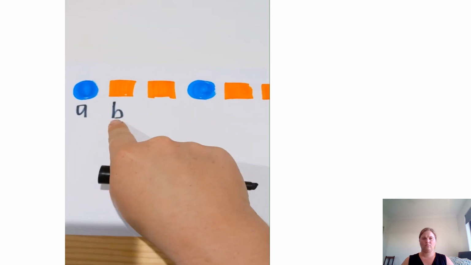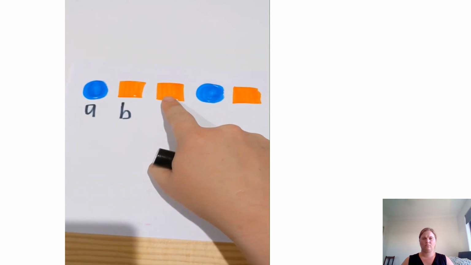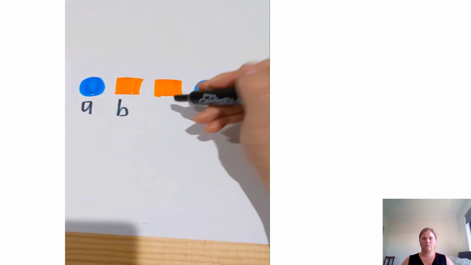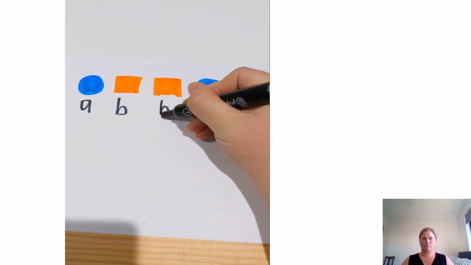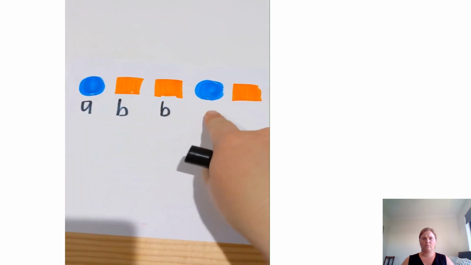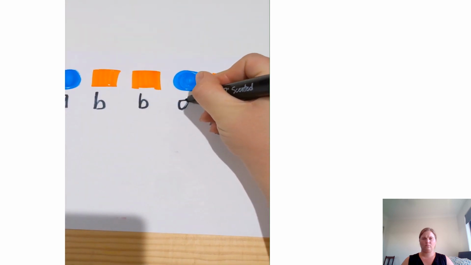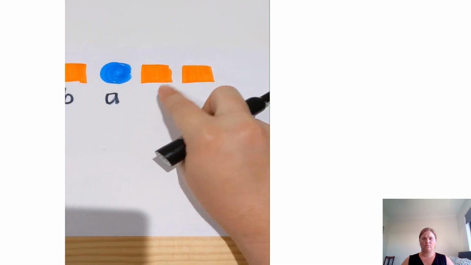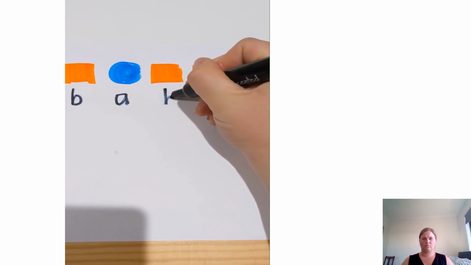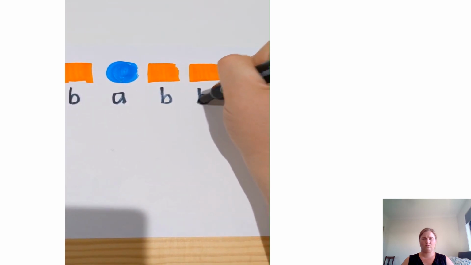So far I have an AB. I have another square or orange, so I need to put another B. ABB. It's a blue again, or a circle. It's another A. And then I have two oranges. So they're going to both be